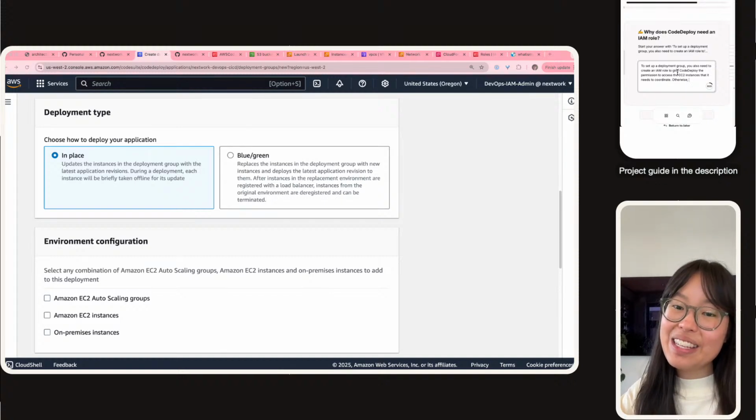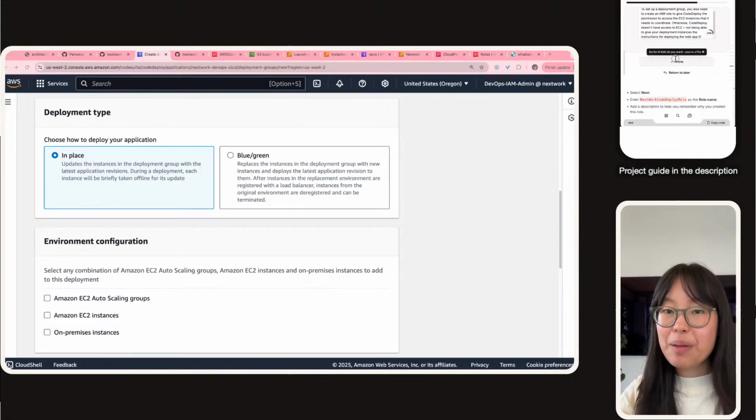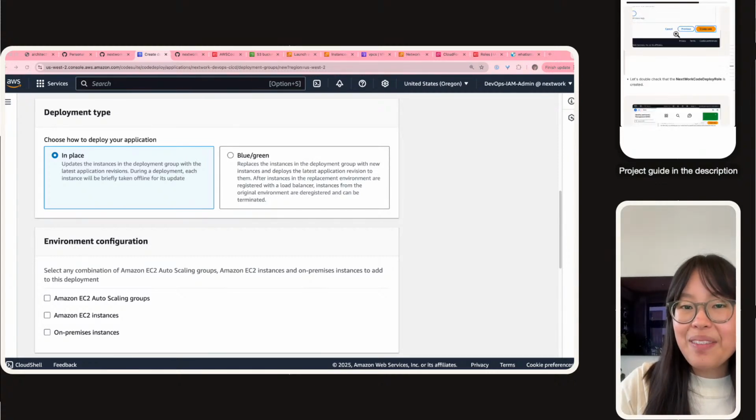Otherwise, CodeDeploy doesn't have access to EC2, which equals not being able to give your instances the instructions for deploying the web app. Not a vibe. So we definitely want to make sure we have the IAM service role set up, and once that's all set up and you've attached it,